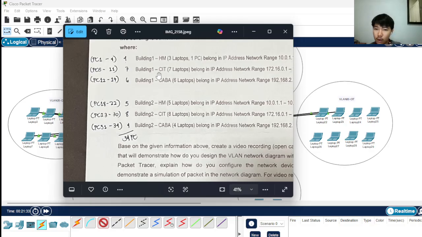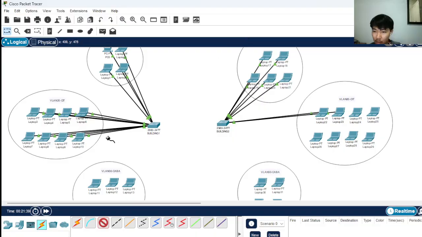On the building 1 CIT department, it has only 7 laptops. What I put here,